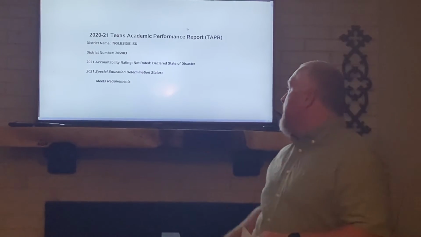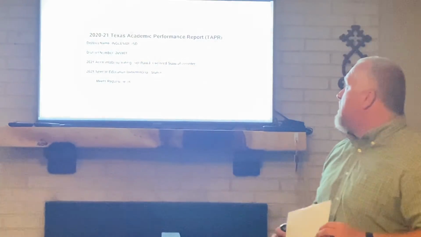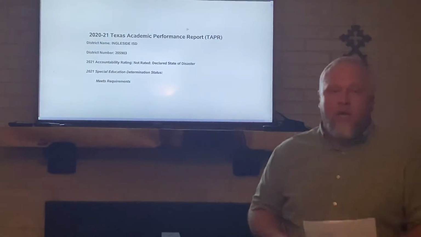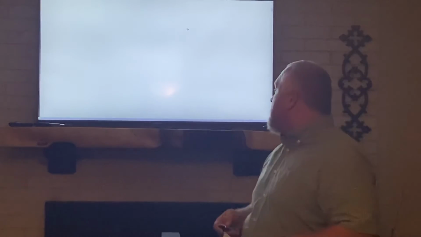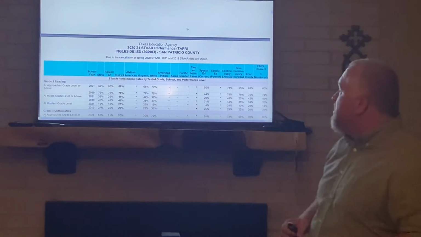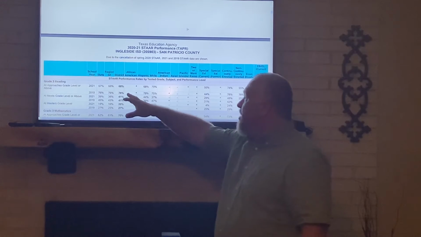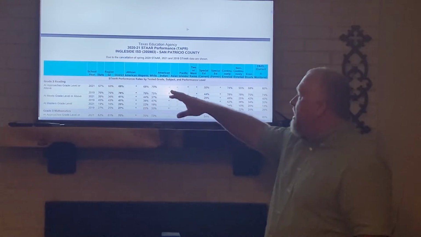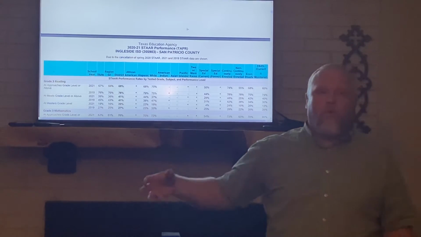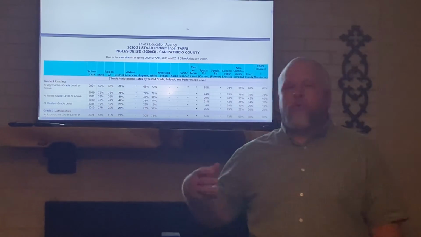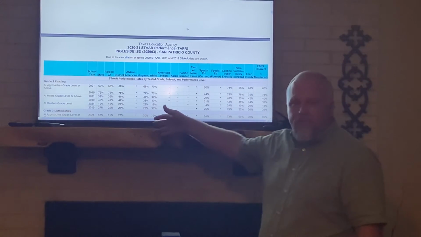So what we're going to do tonight is look at the 2020-2021 Texas Academic Performance Report for Ingleside ISD, which is the current district that I am in. The first thing we're going to look at is our different demographics. Here we have the school year, and this report lists 2021 and 2019, because 2020 was the start of COVID, so testing didn't really occur that year. So it's going to skip that year.